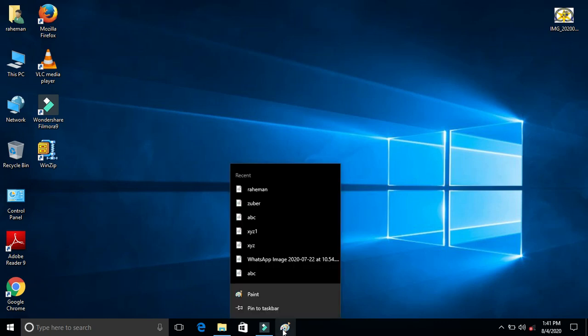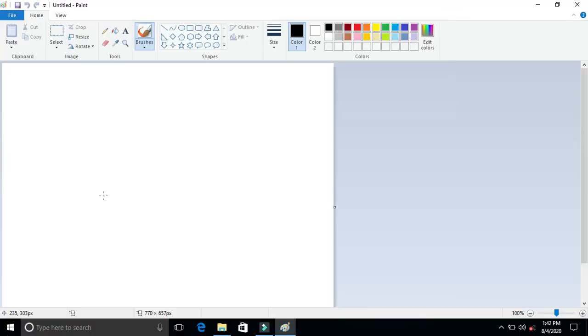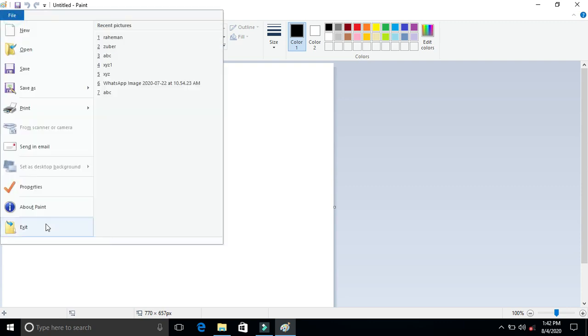This is how you open your app, see it, and close it. How do you close it? For example, you opened MS Paint. You can go to File and choose Exit, or otherwise close it directly from here.